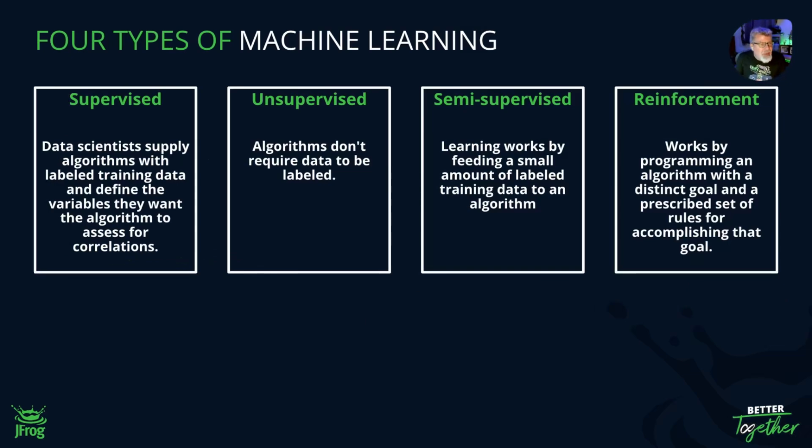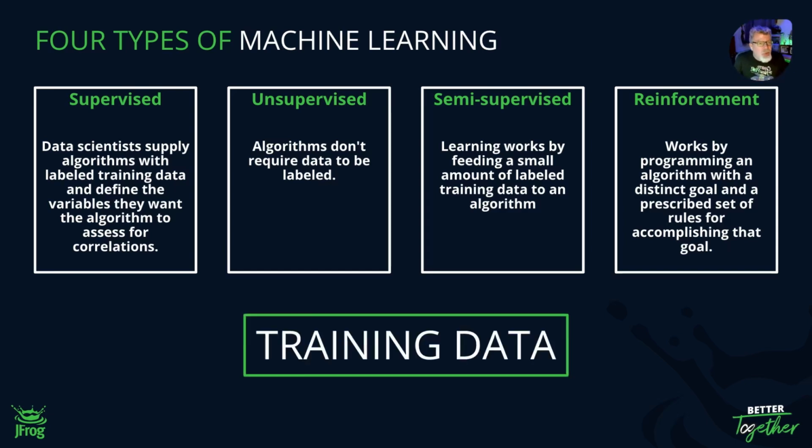So, saying that, there are four different types of machine learning. There's supervised, where data scientists supply algorithms and labels and things like that. There's unsupervised, where the data doesn't need to be labeled itself; you can go in and relabel it, do the parameters. You have semi-supervised, which works with small amounts of labeled data for training. And then there's reinforcement, which is a way to keep perpetually prescribing a set of data to accomplish the goal. But it's all training data. No matter what the type, you're training a model and an algorithm to do something, and you need the data to do this.